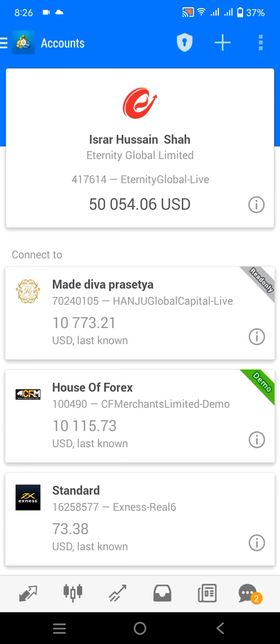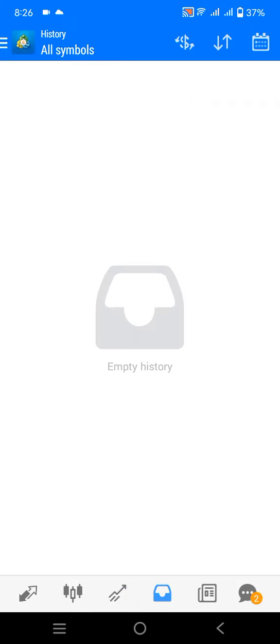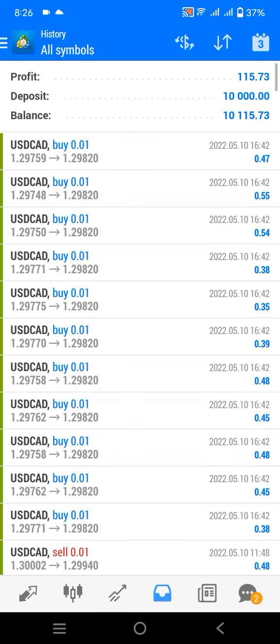First of all, I have to show you how the strategy actually works. So first, let's go to my demo account and see how many trades I made. And this is a pure scalping strategy. Okay, guys, let me show you the result. This is last week's results with